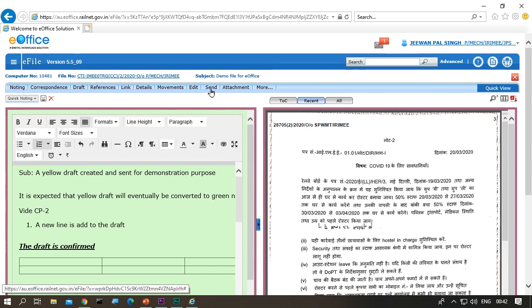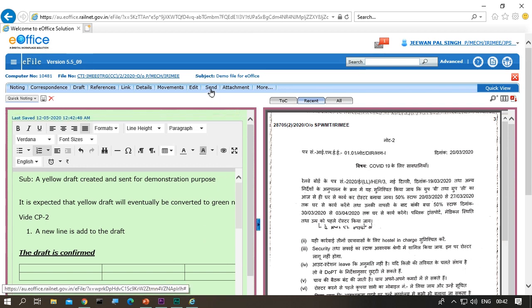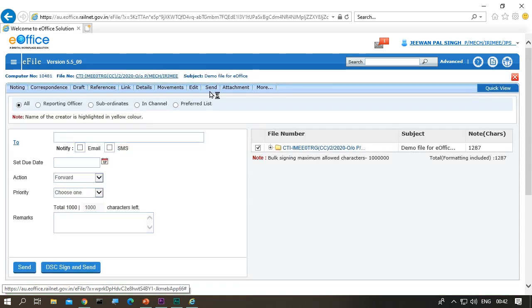Let us go ahead and send the file, this time for real. Select the recipient.